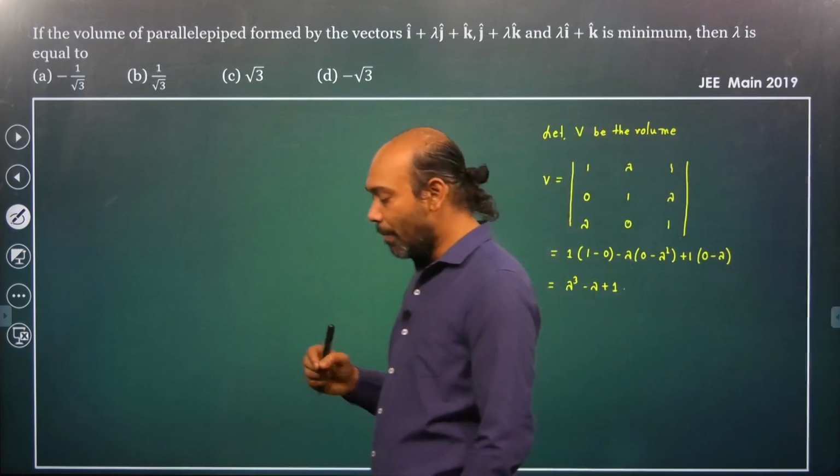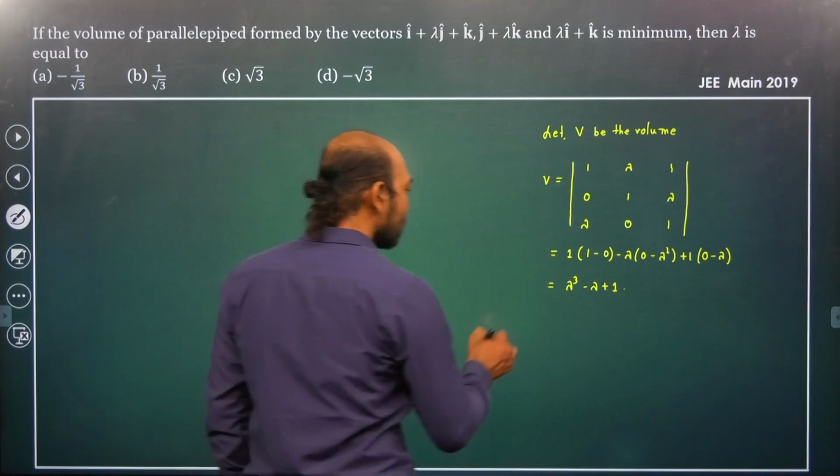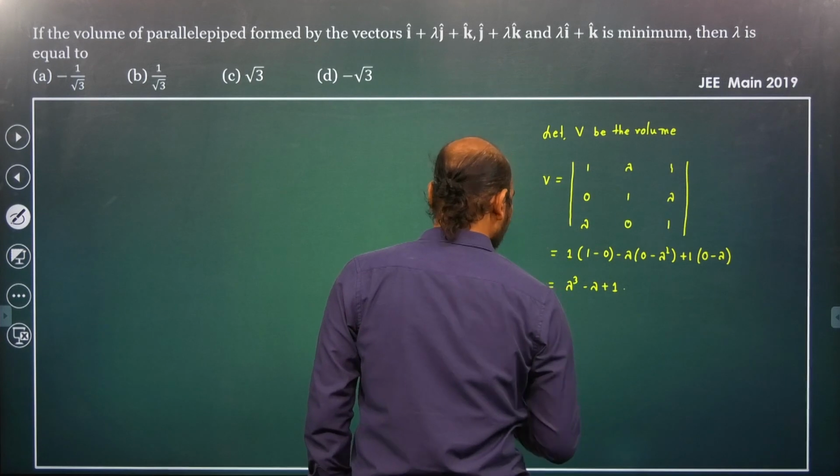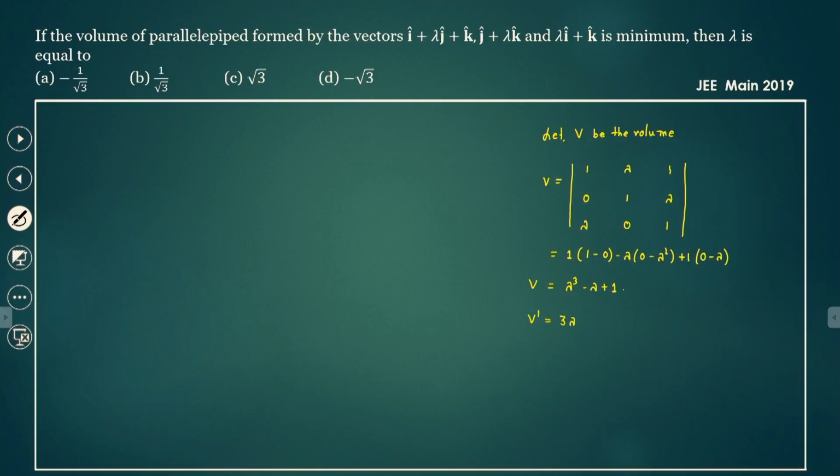Now what we want to find is the maximum or minimum volume. So we'll differentiate and get it done. Let's consider V. If I differentiate, we get V dash, which gives me 3 lambda square minus lambda. And if I calculate V double dash, that gives me 6 lambda. That's it. Now for the critical point,